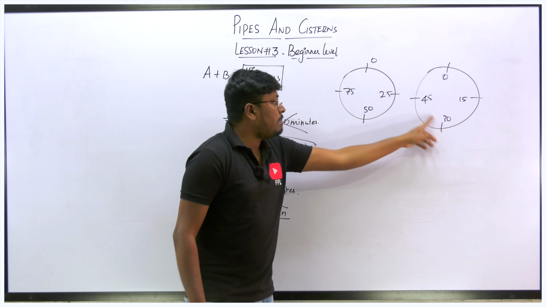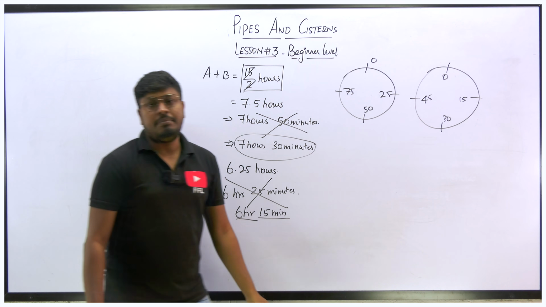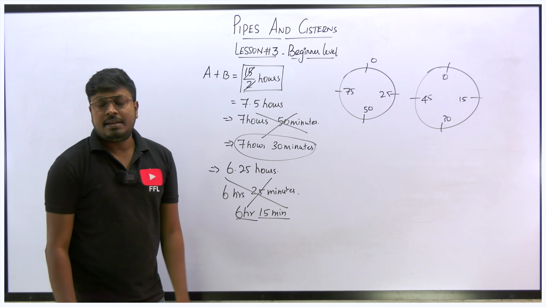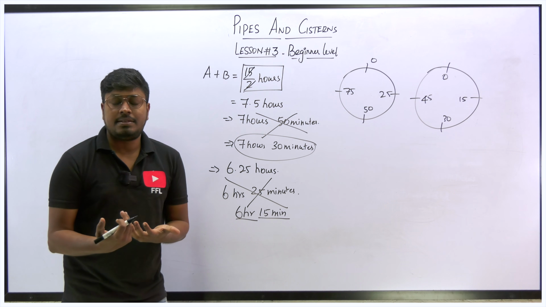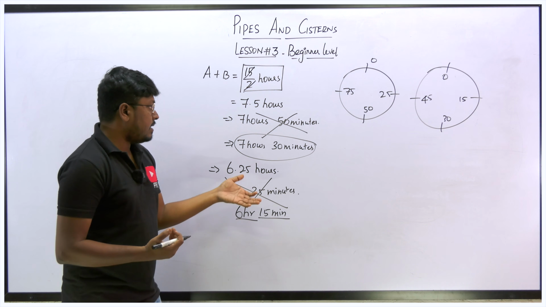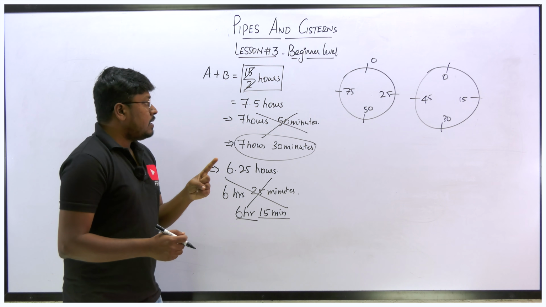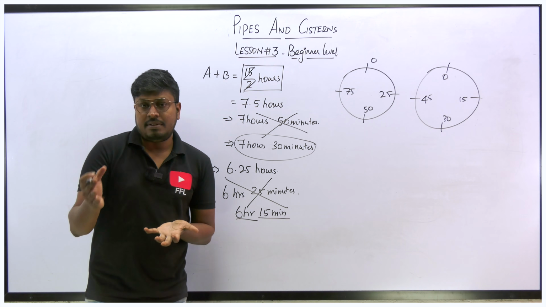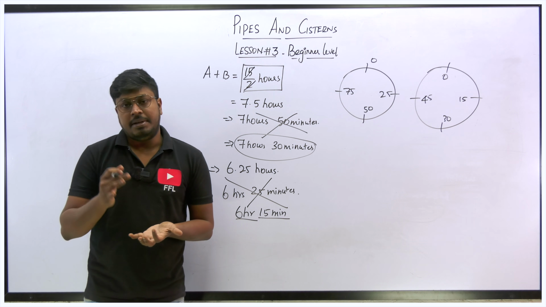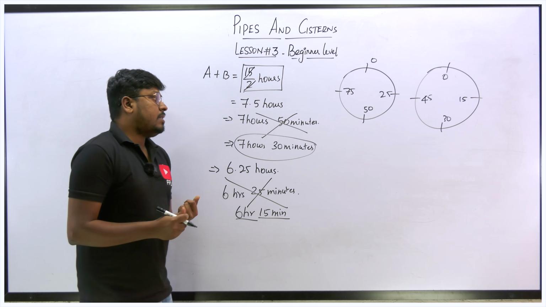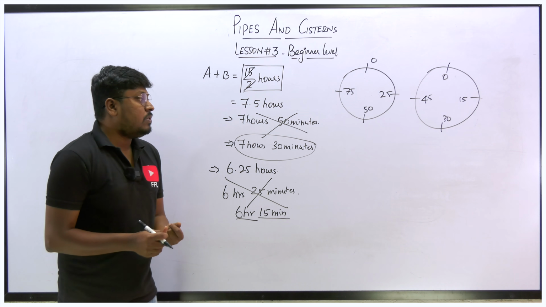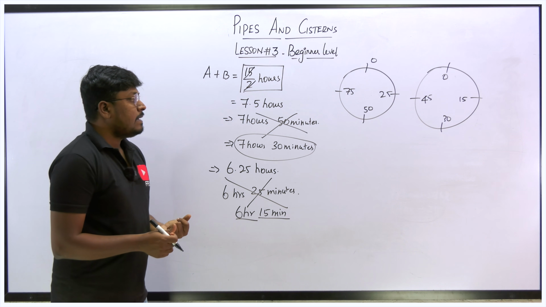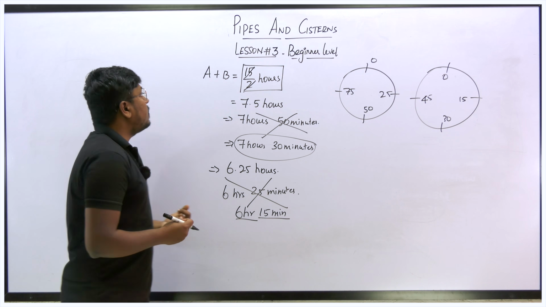0.50 will be 30 minutes. 0.75 will be 45 minutes. So don't make this mistake. Even if the question is easy, at the final stage we make all these mistakes, right? So take it as a first note: always remember that if it is point hours, be careful while converting the hours into hours and minutes. That is the first note I want to tell you before solving the basic level questions. And the second important note is,